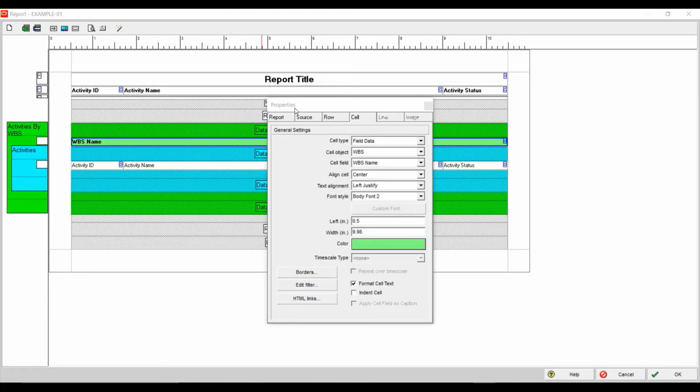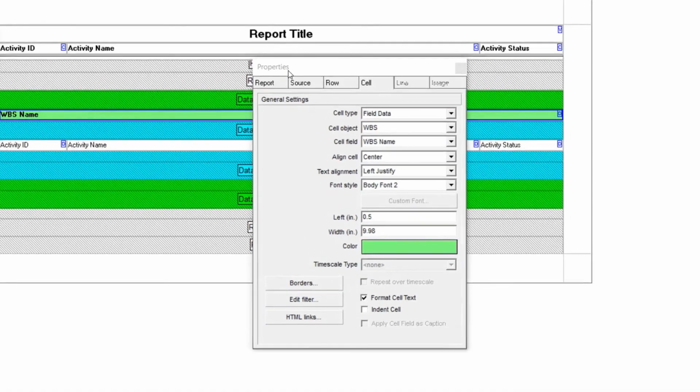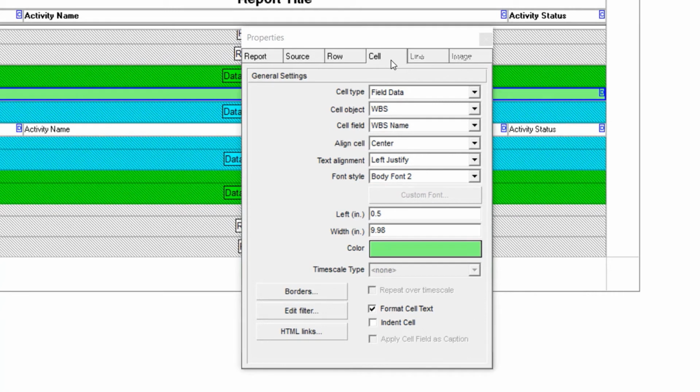So I have the properties window open here, and I just want to do a quick review of all of the fields inside the cell tab. First one is the cell type. I mentioned that in each one of the cells you'll see a little blue letter in the top right hand corner. That's controlled by this, so we have 4 types of data. We have custom text, field data, field titles, and variables. Field titles actually bring back the column titles